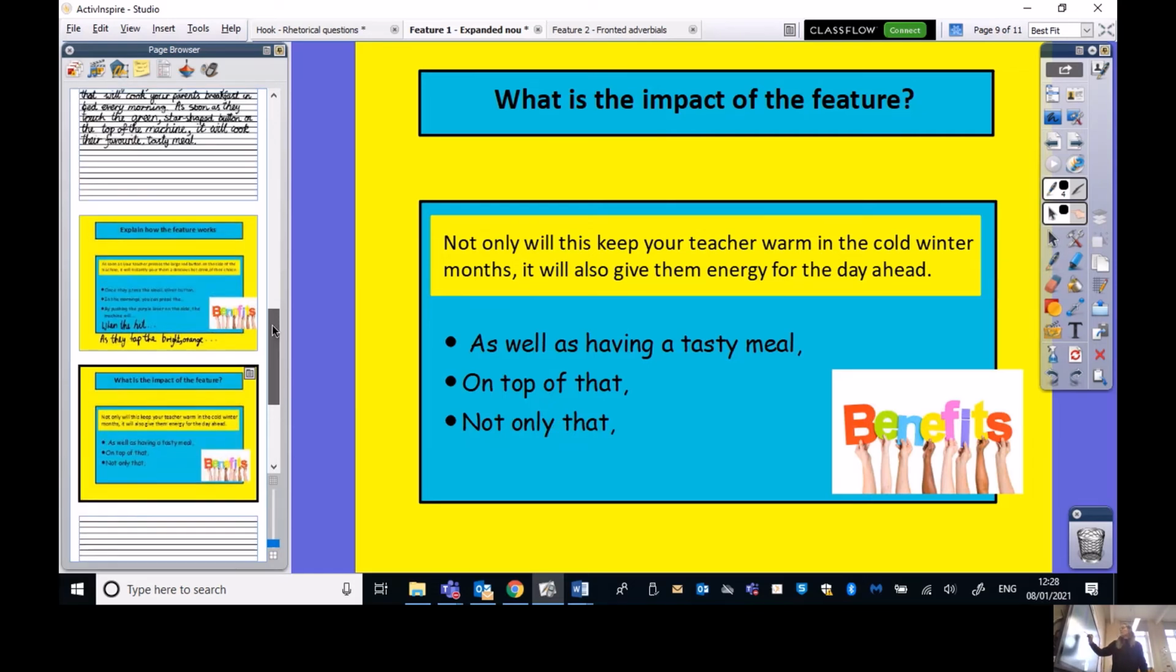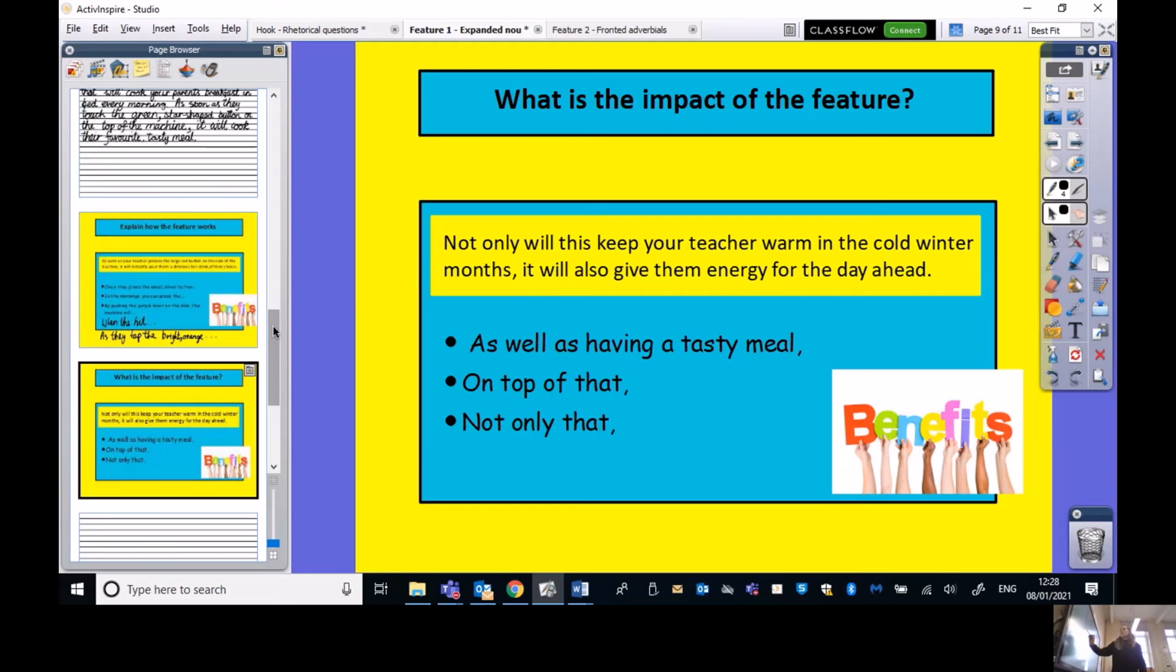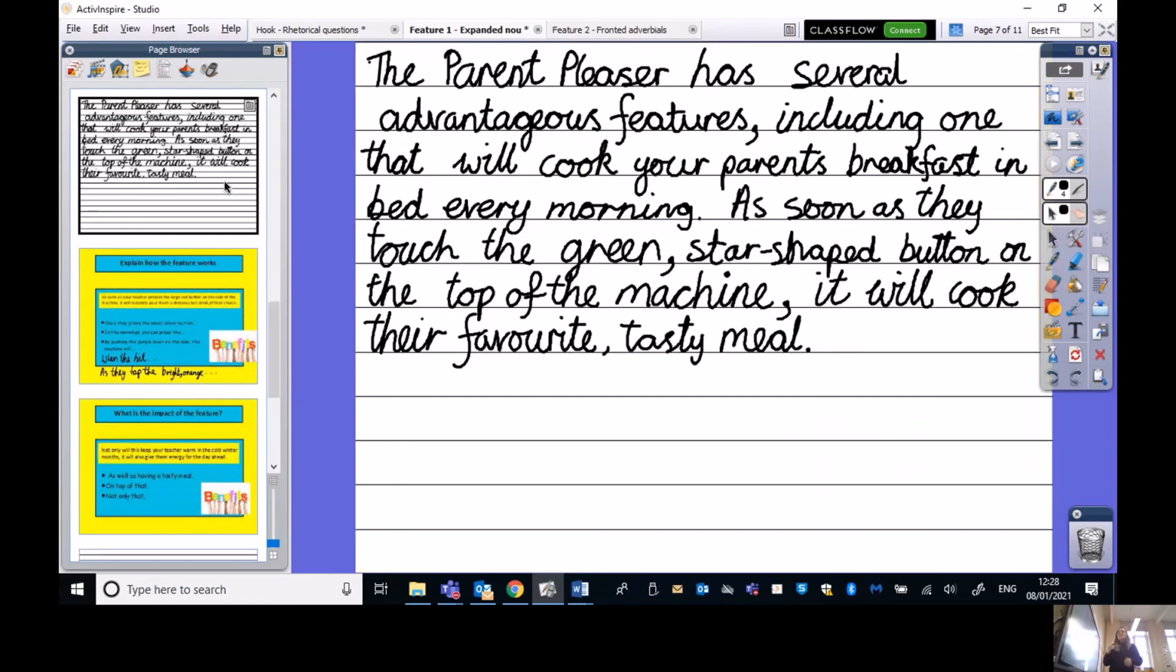Okay, so let's see, I'm going to go back to my paragraph here and I'm going to continue now with that secondary benefit that they're going to get by having this machine. So just always reread your work. It always helps you identify errors. The paraplegia has several advantageous features, including one that will cook your parents' breakfast in bed every morning. As soon as they touch the green star-shaped button on the top of the machine, it will cook their favorite tasty meal. And now I'm going to add that benefit as